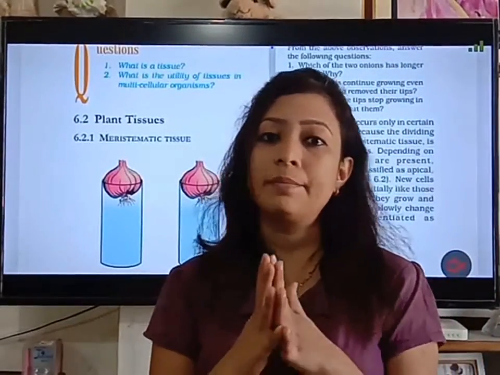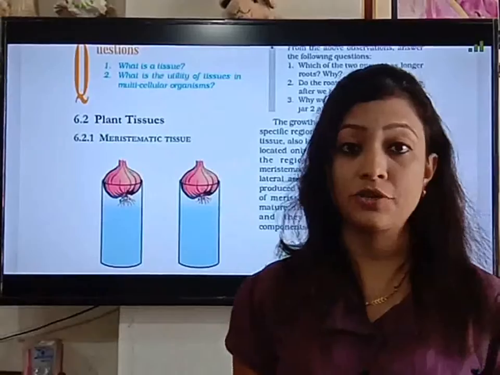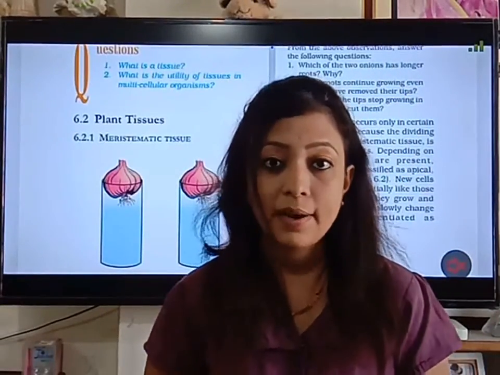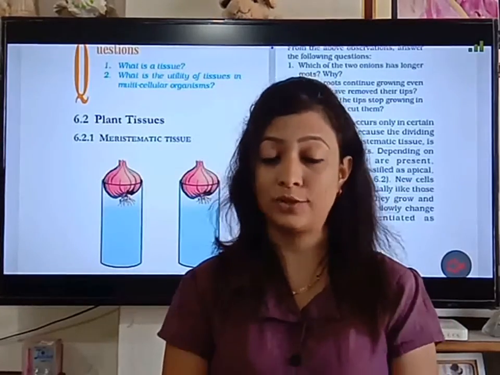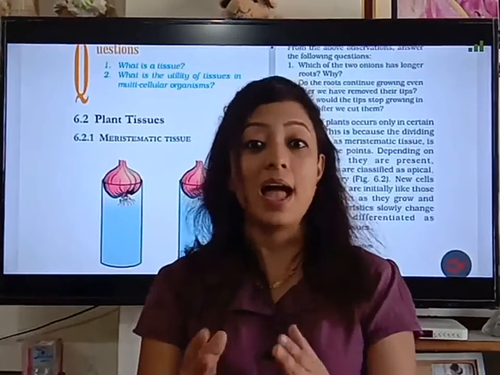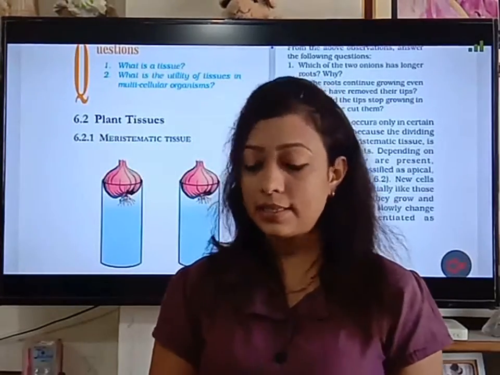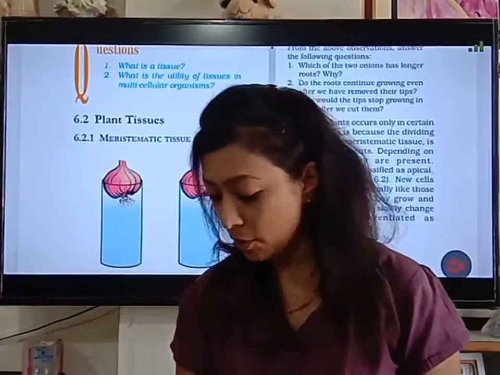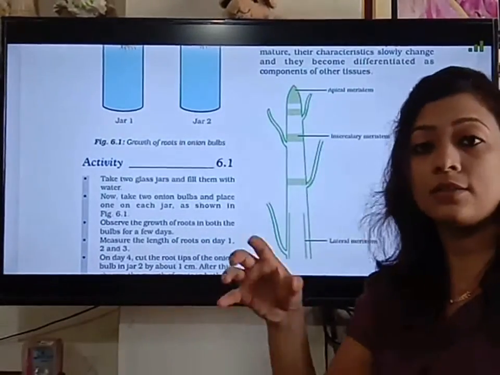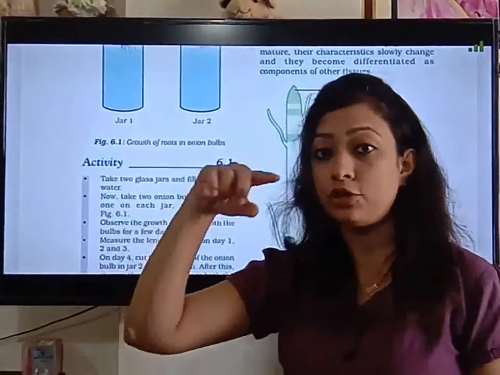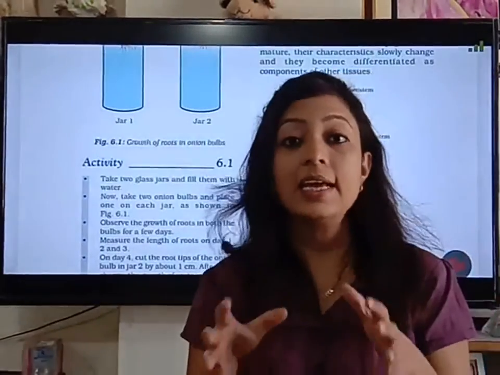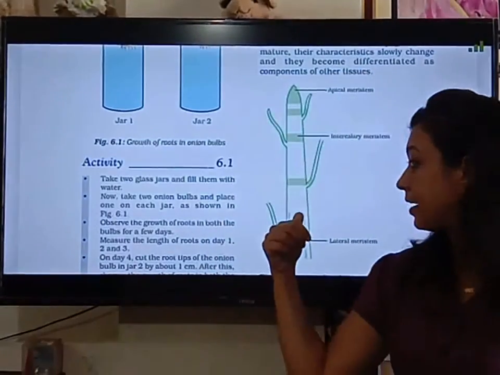So children, in my previous lecture I told you the various locations and functions of the meristematic tissues in the plant body. There are three types of meristematic tissue we discussed: the apical meristem, intercalary meristem and lateral meristem. And these meristems are located at various parts of the plant body. For example, here you can see children, the apical meristem is located at the tip of the shoot and the root, and the intercalary meristem is located in the internodes, while the lateral meristem is located